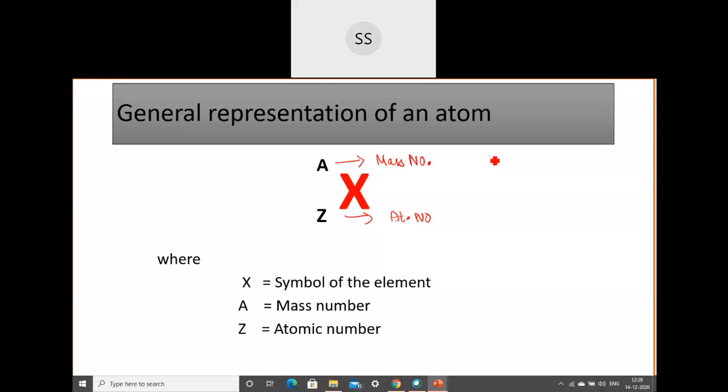So if I have to write here A, mass number, A is equal to, it is because of protons and it is because of neutrons. So I can write here Z plus N, correct, no? So if I want to calculate now number of neutrons, then it will be A minus Z. Okay, neutrons you can calculate using this. So remember, A is equal to Z plus N. So mass number A is equal to number of protons plus number of neutrons. And using this, interchange this itself and calculate the number of neutrons also.